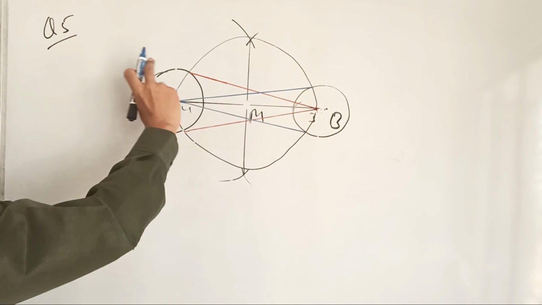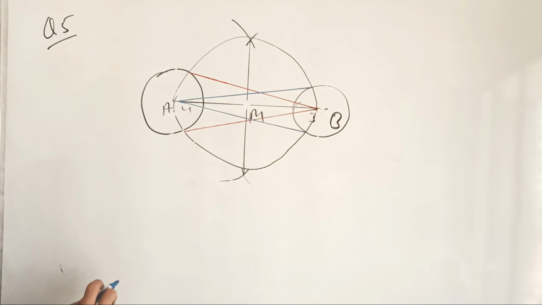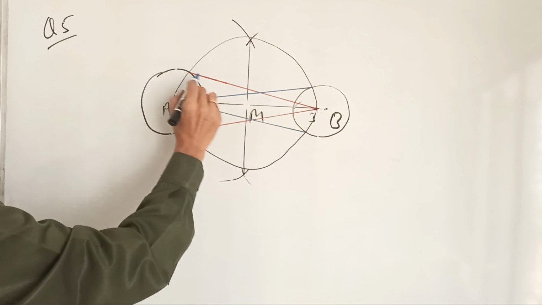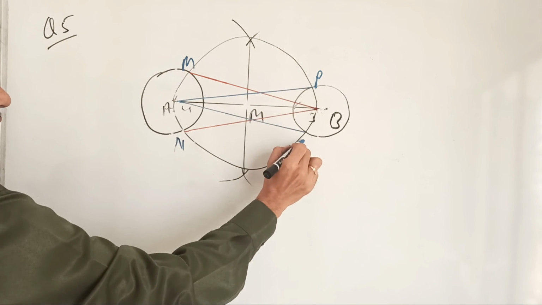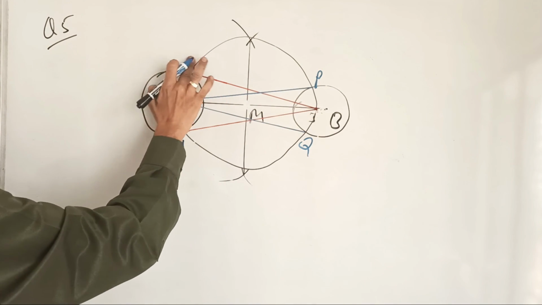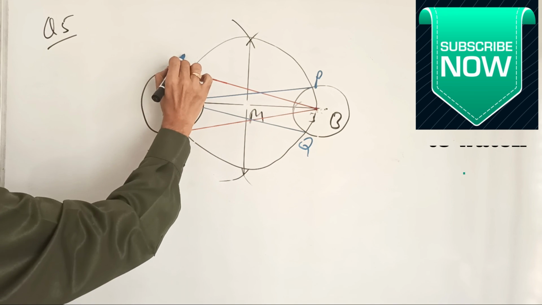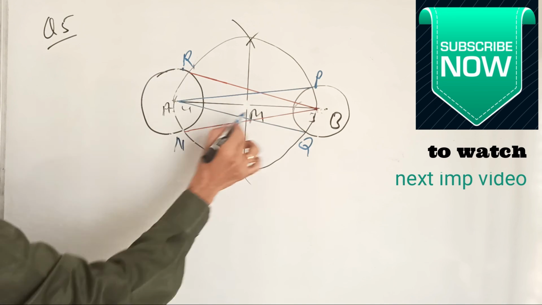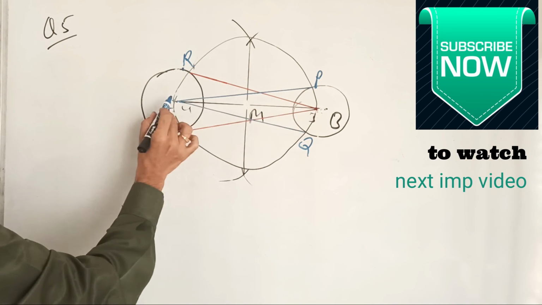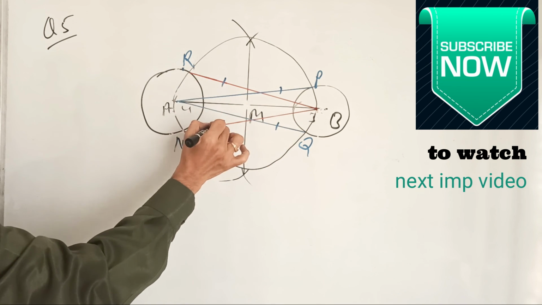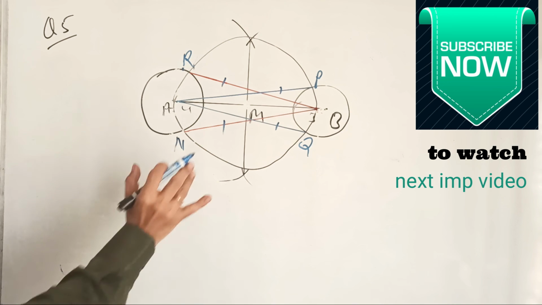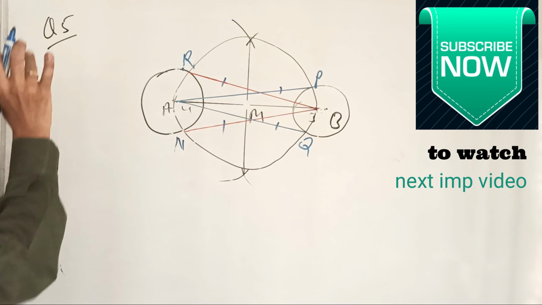okay student, red tangents and blue tangents, we can give them names. This one BM, BN and this is AP, AQ, not M because M we have already taken here. So BM, BN and this AP, AQ. So the blue tangents are equal to blue tangents, red tangents equal to red tangents. So this is the solution for the fifth question.